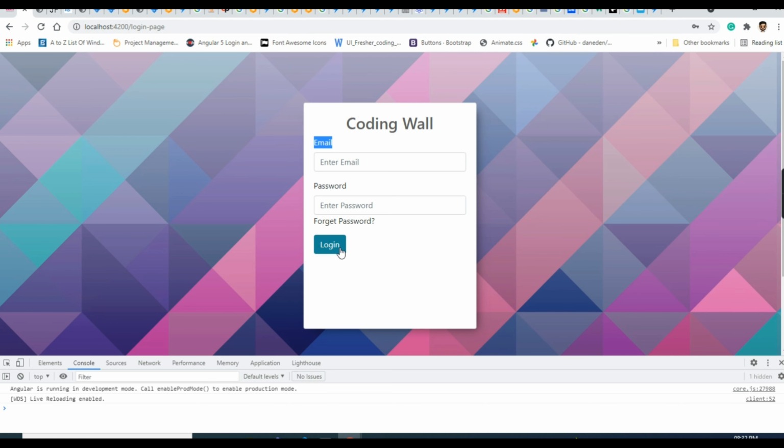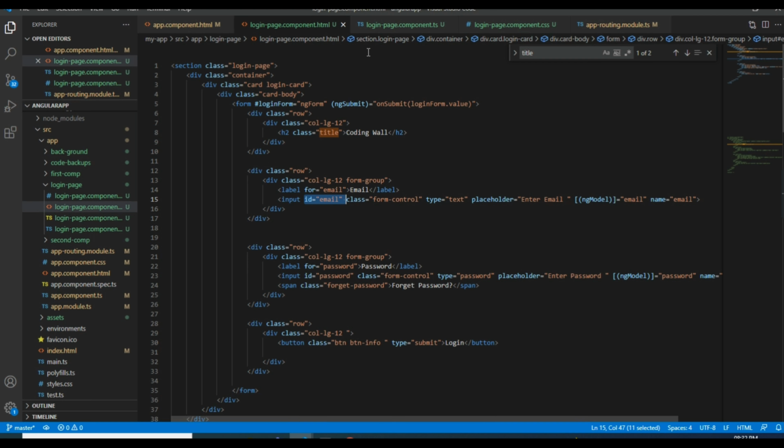So I will align both to the right hand side, and we will integrate the remaining thing. And I'm seeing a lot of space here. I mean less space here, it is not looking correct. So I will give some padding to the card.